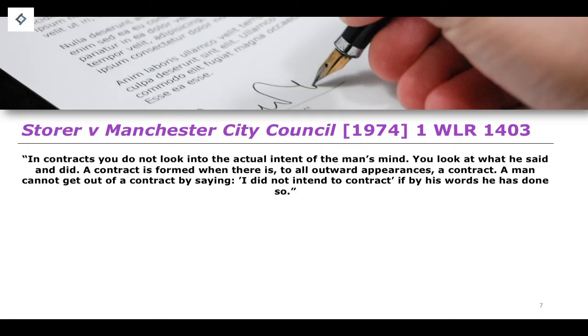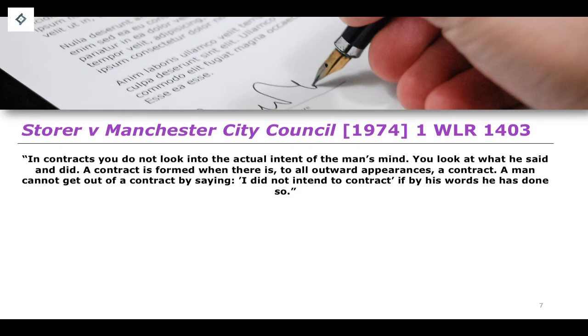They said that in contracts, you do not look to the actual intent of the man's mind, you look at what he said and did. A contract is formed when there is, to all outward appearances, a contract. A man cannot get out of a contract by saying, I did not intend to contract, if by his words he has done so. So this is the reason why we are applying an objective standard here, because if you